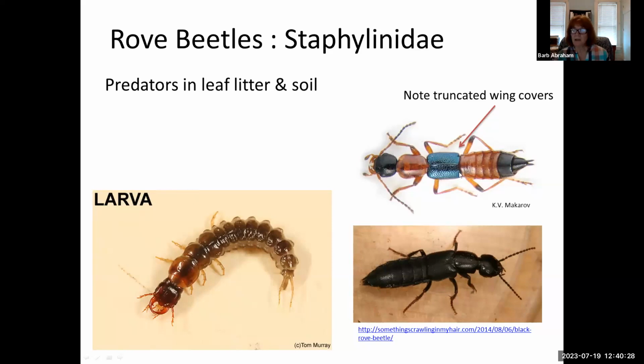and truncated wing covers. I couldn't find a really good photo for you of one that had the wing covers spread and then the hind wings unfolded. So all beetles take their front wings and they just hold them to the side. They unfold the back wings and that's what they use to fly. And in those June beetles, they fly slowly enough you can actually see that. You can see them holding their wing covers, but the truncated or cut off looking wing covers is a good way to tell, even if they don't look like this. And some of these can be very tiny in the soil.